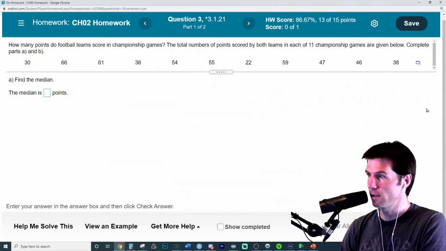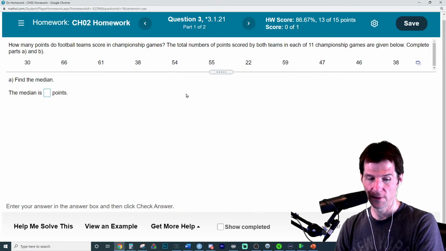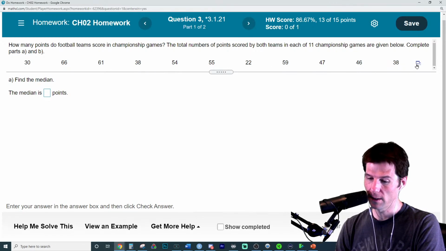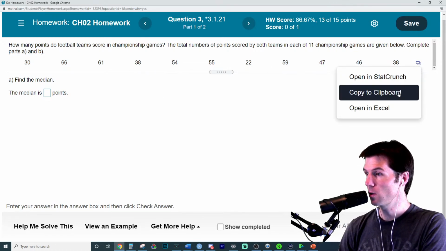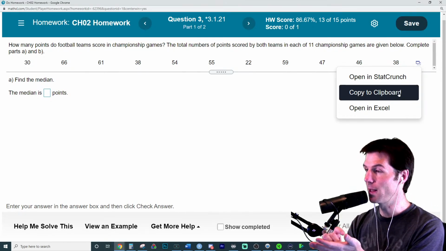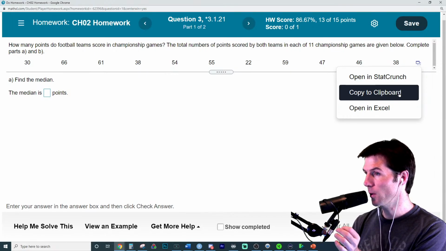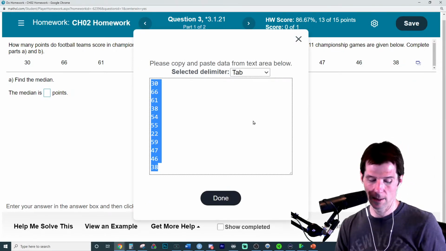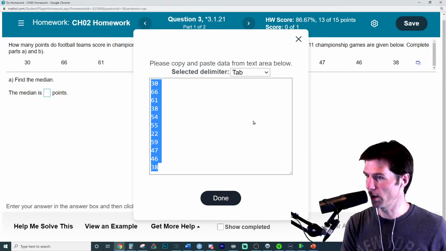So here we are with some data, just straight data inside of this, and it wants us to find the median. Now, the easiest way to do this, you can do this by hand. So if you don't have JMP right now, you can write down all these numbers and then find the middle number. But if we go here and copy to clipboard and hit Command-C or Control-C on our keyboard,